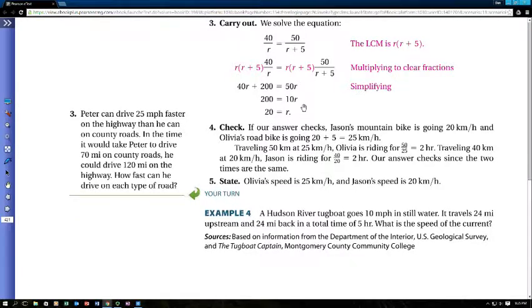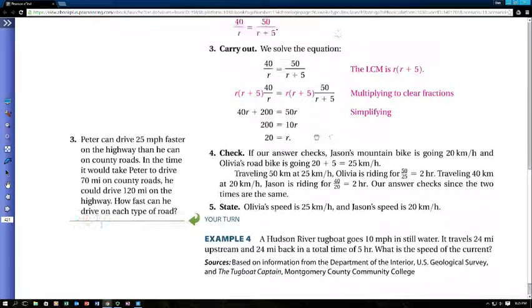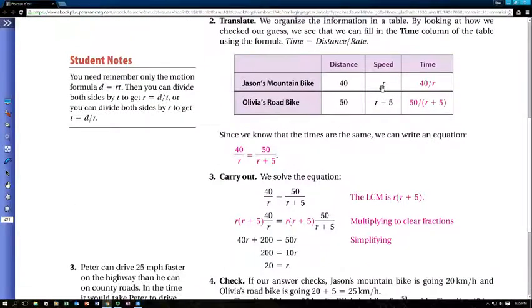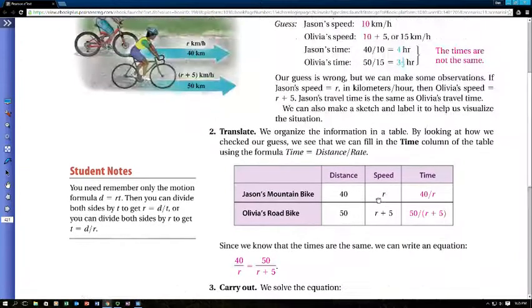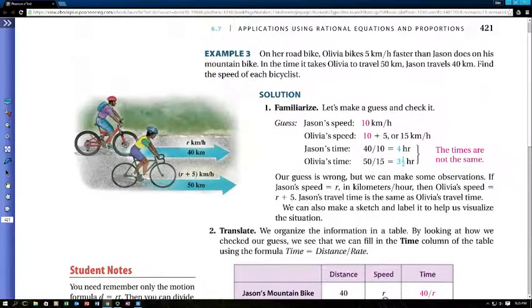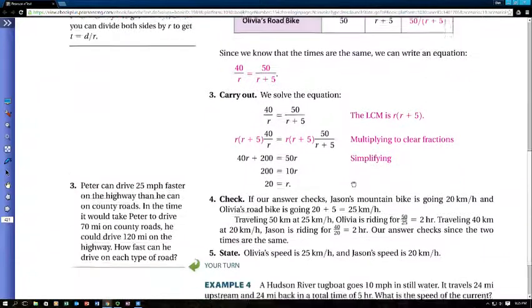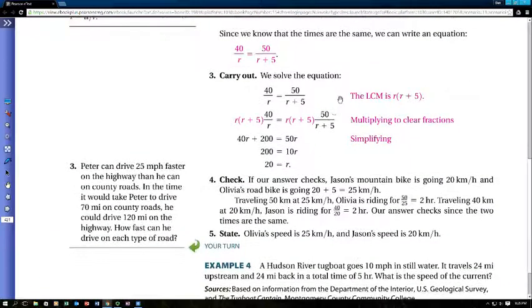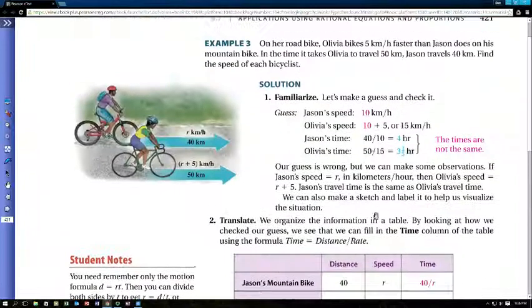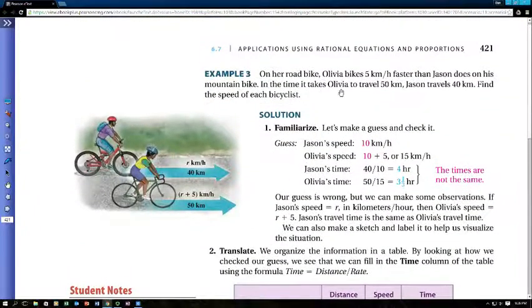Now what does r mean? r is the rate of Jason, right? So we go back and think about this in the original problem. If I have Jason's rate I've determined is equal to 20 kilometers per hour, I go back and say, what does this mean now? Well, how fast would Olivia be going? It would be 20 plus 5,